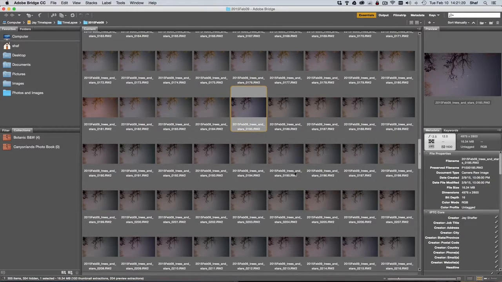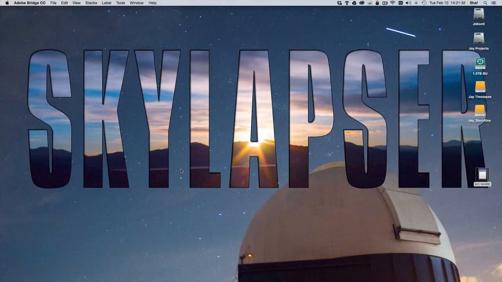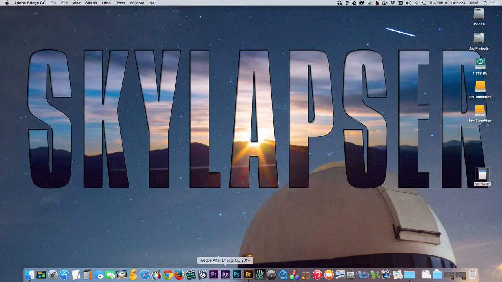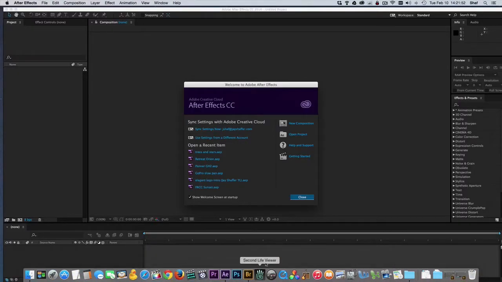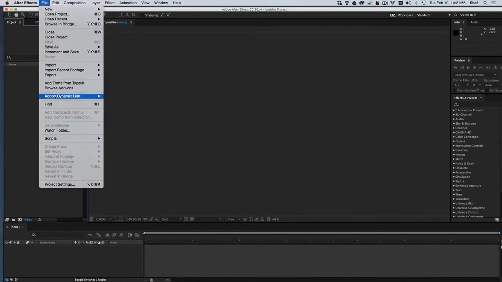Okay, so now we've got that setting saved. We're actually pretty much done with Adobe Bridge, so I'm going to minimize that, and minimize the old window that I had of that. And I can go ahead and launch Adobe After Effects CC 2014. I'll close the startup dialog, and I'm going to save my project out right away. So I'll go Save As,